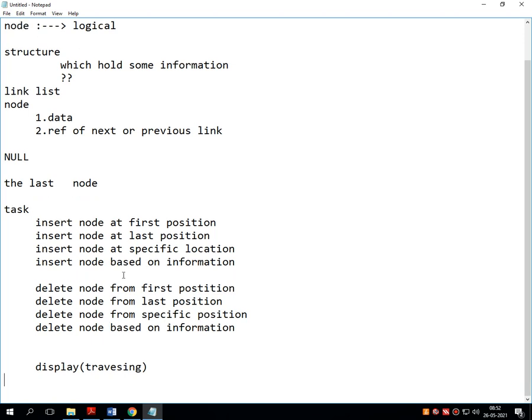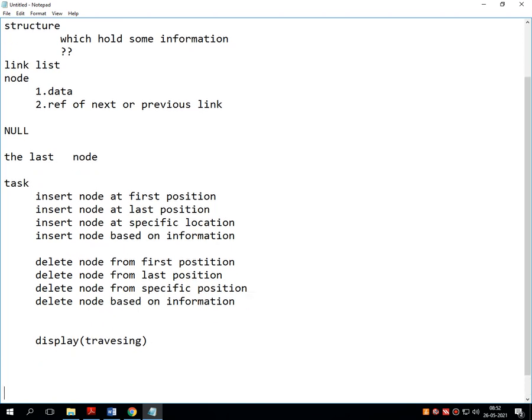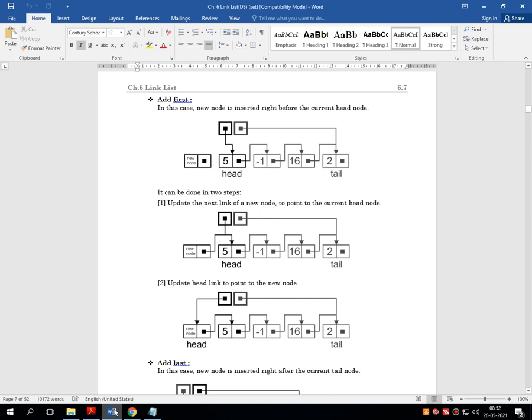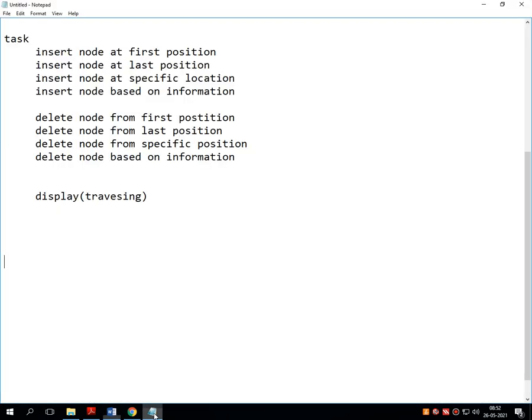Now, before going into the detailed discussion about implementing all these operations logically, we need to clear 2 things, which are called head and tail. So what does it mean? What is head and what is tail?